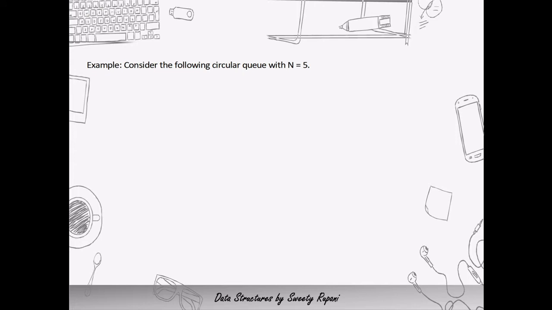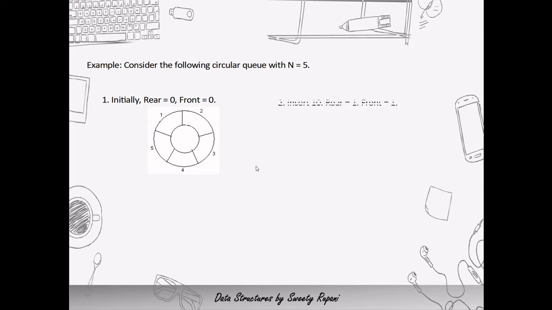Let us consider this example with 5 elements. I have numbered it from 1 to 5, although when you go for an array implementation, it would be numbered from 0 to 4. Now let us have a look at the example. Initially, rear would be pointing to 0, front would also be pointing to 0 because my queue is empty. Now when I go for inserting my first value, that is 10, rear would be incremented by 1 and front would be incremented by 1. Because I have my first element lying at the position number 1 and that is the only one element, so that is also a last element.